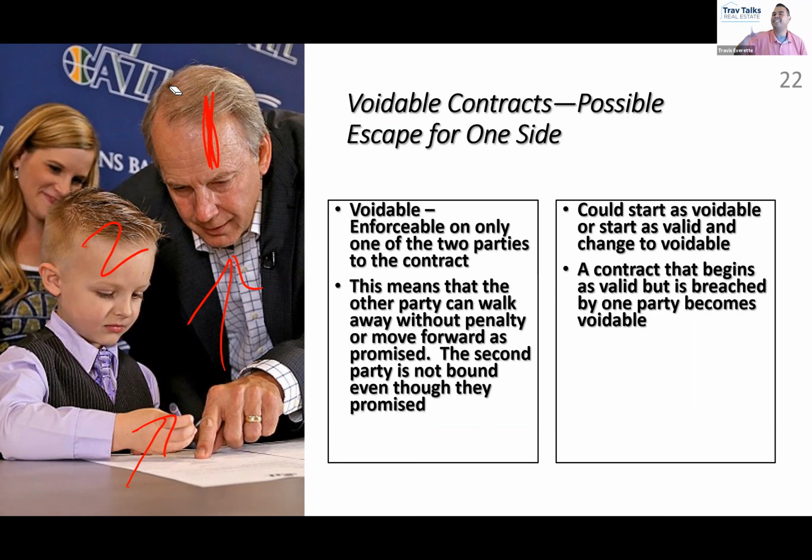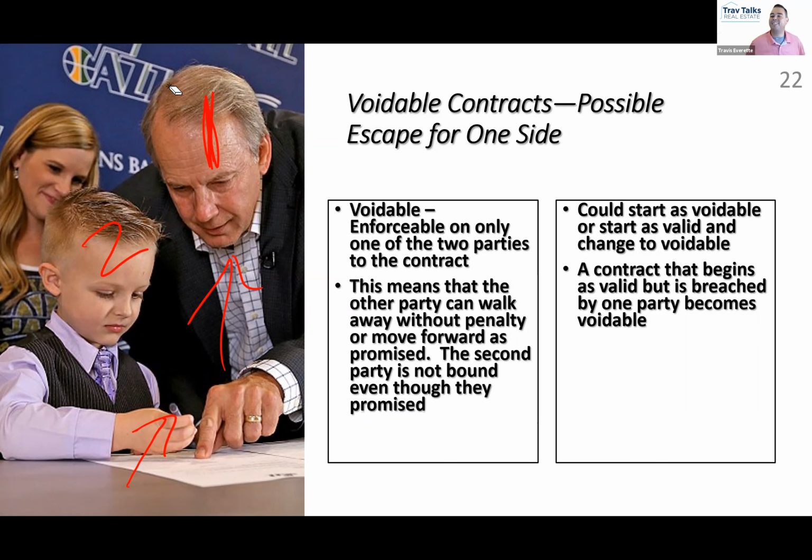Listen, folks, this is the rational thing you would say. What is Elizabeth going to say on the day of closing? You didn't replace the roof, so I'm not going to close. Isn't she declaring that my promises don't matter because you breached your promises? Yes. And so essentially what Elizabeth is declaring is that our contract is now voidable. It is voidable at my option because you have harmed me by breaking your promises.